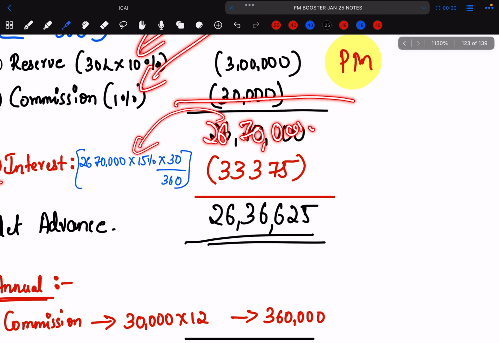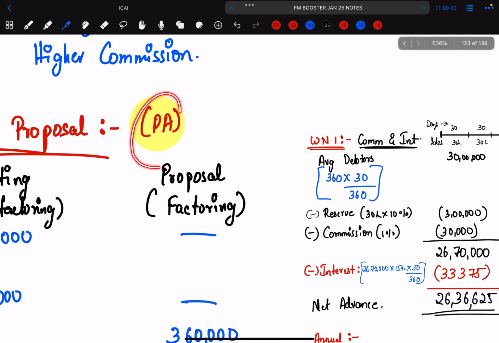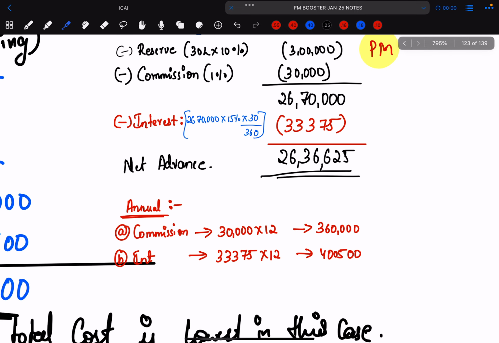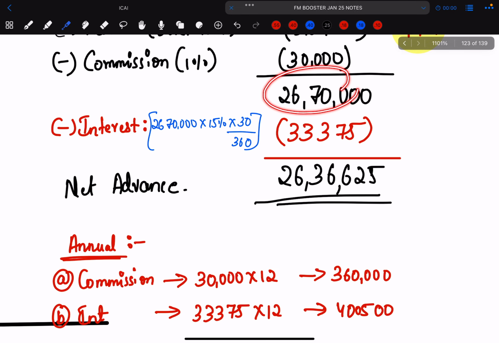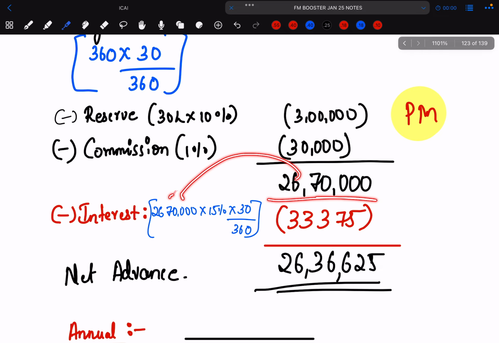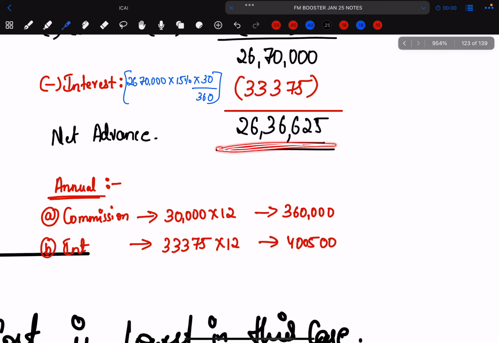So this interest is simple. This is on a per annum basis and this is on a per month basis. When it comes to interest, just take this amount. He pays you this much now, and he pays this earlier, so he will take 15% interest, as given in the question. This into this divided by 12, per month. So 316, done. In that case, the net advance he is going to pay you is